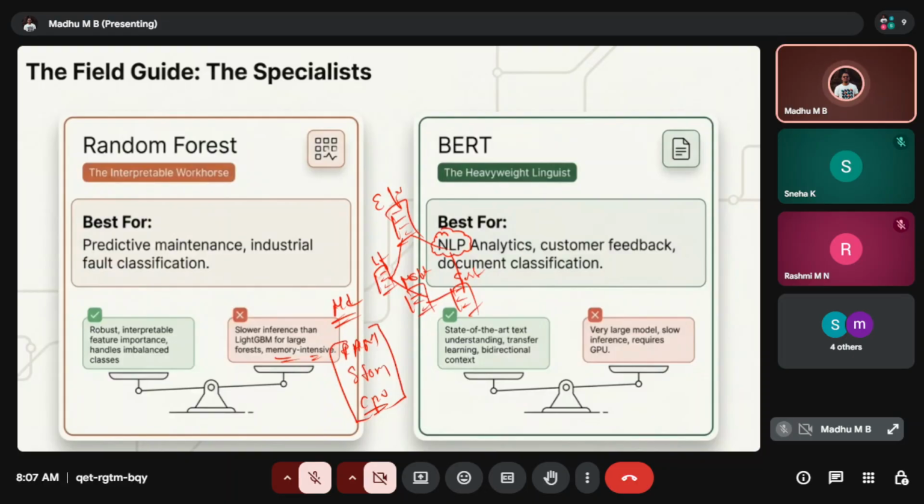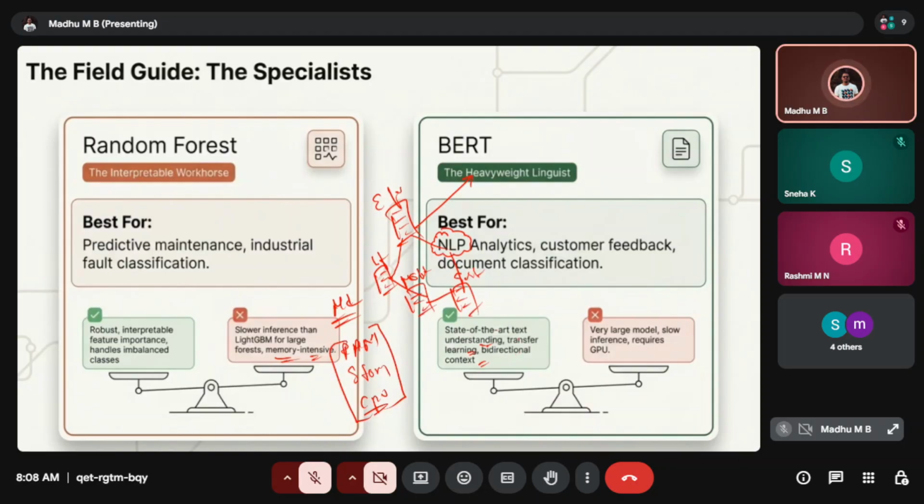What we are trying to do is use the most suitable model, which learns on neural networks. This is the model best suited for state of the art text understanding, transfer learning, bidirectional context, and so on.